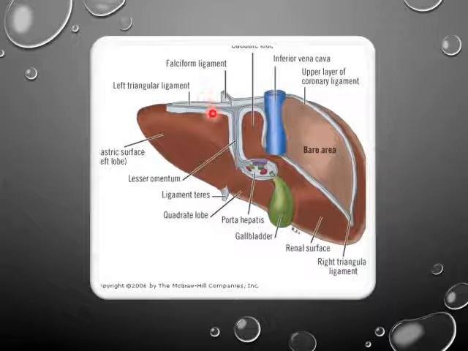Now once again, over the left lobe of the liver, I want to show the left triangular ligament. The whole of the left lobe of the liver is covered by the peritoneum. Here the ligament is being formed in between the two layers, that is called the left triangular ligament, by means of which once again the liver is attached onto the diaphragm.